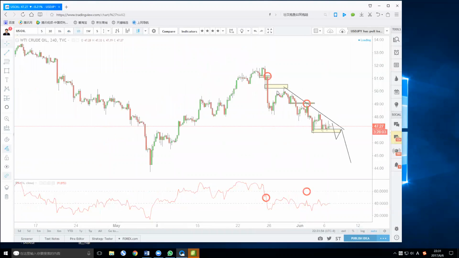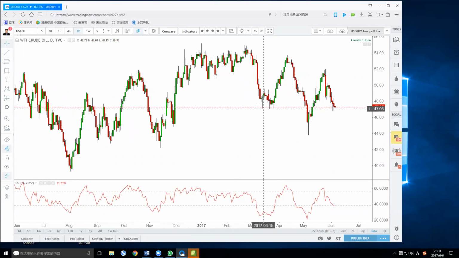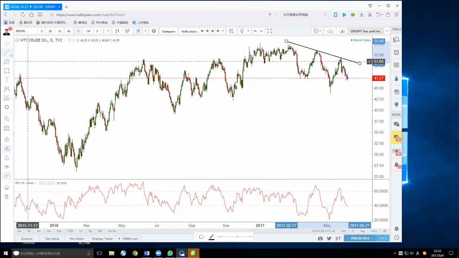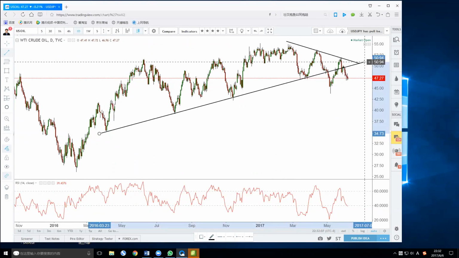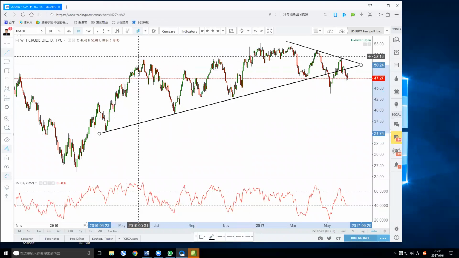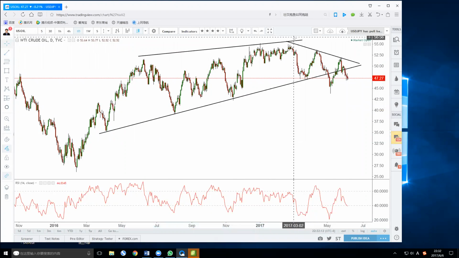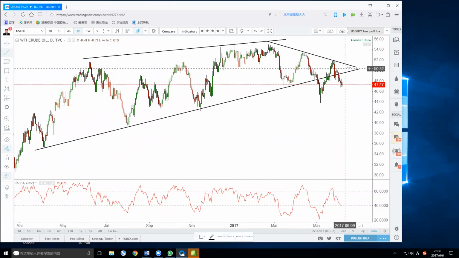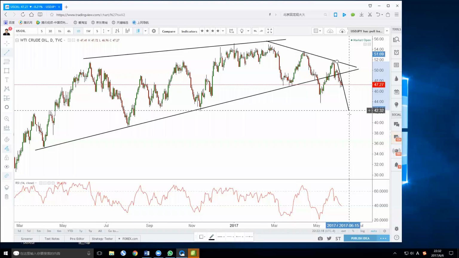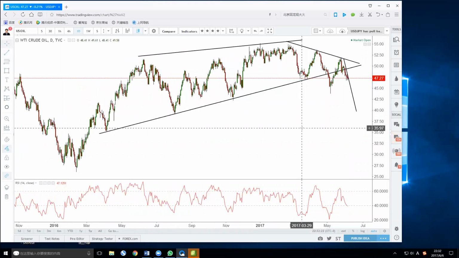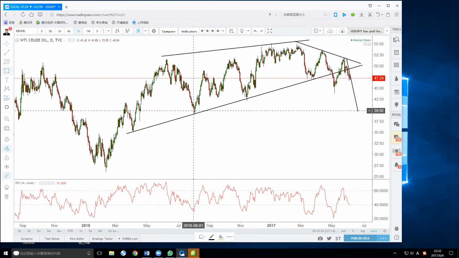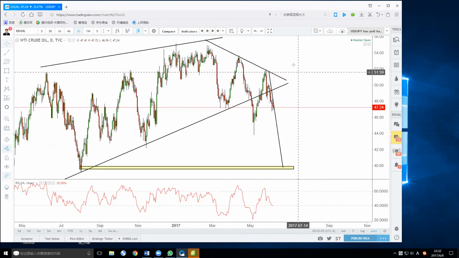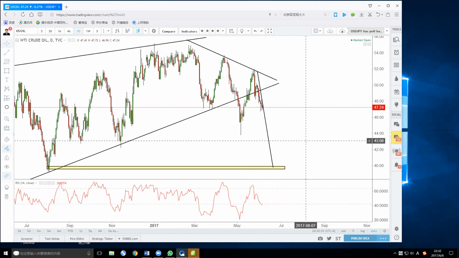Long-term wise, look at the daily chart. The oil is obviously breaking the previous support, right? You can see here the uptrend. The uptrend is finished. This uptrend is definitely finished, and it's making lower highs and lower lows. So I feel that oil may continue to go down, break 44, and go all the way to 40. There may be some support at 40 or 39.92. So still hold your short all the way to here.